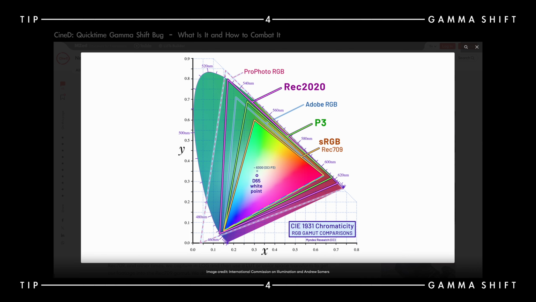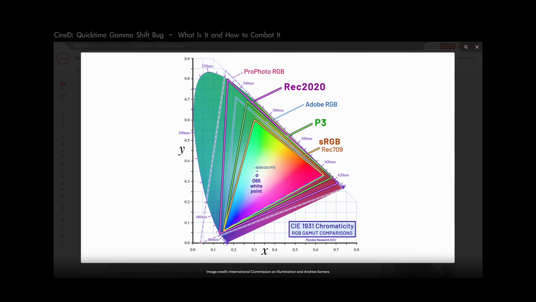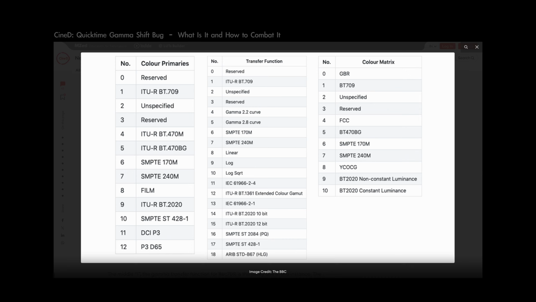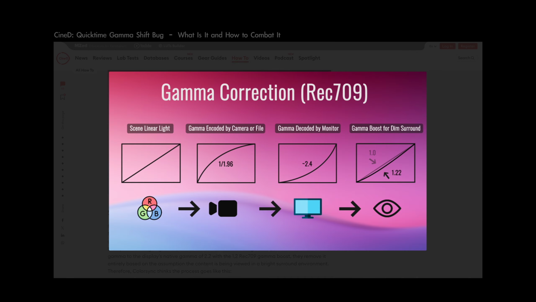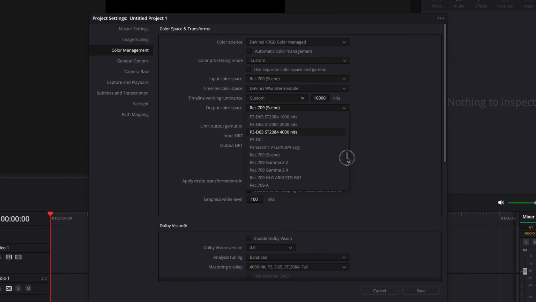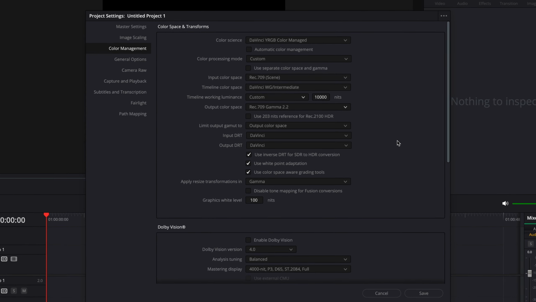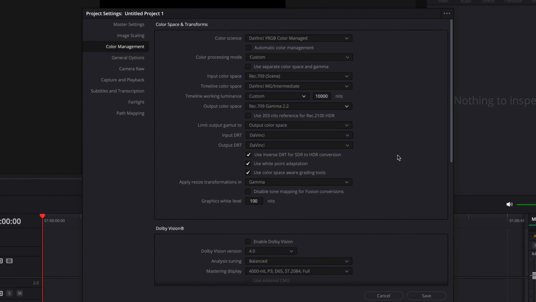Look, the color spaces are a rabbit hole. Here I'll provide a brief answer that you can quickly apply if you are on a tight deadline. For more detailed information, check the links in the description. If you are an experienced colorist with a deep understanding of color science, feel free to write a more accurate solution. In project settings, choose Rec 709 Gamma 2.2 as the output color space.